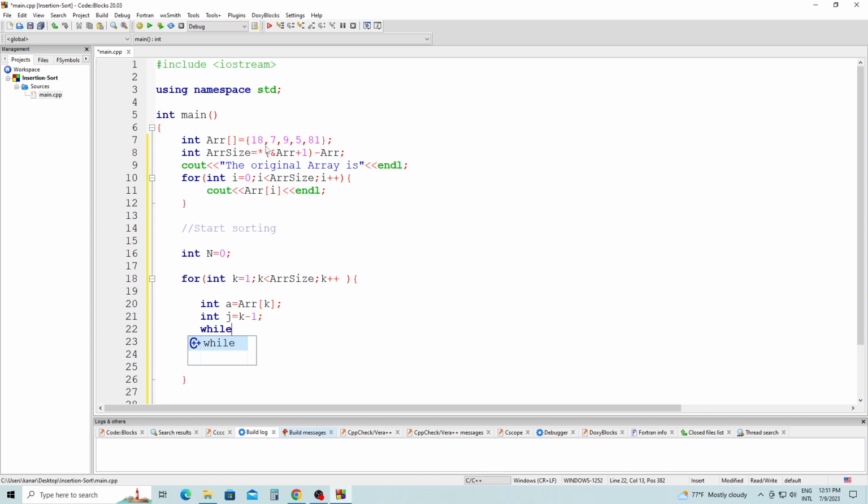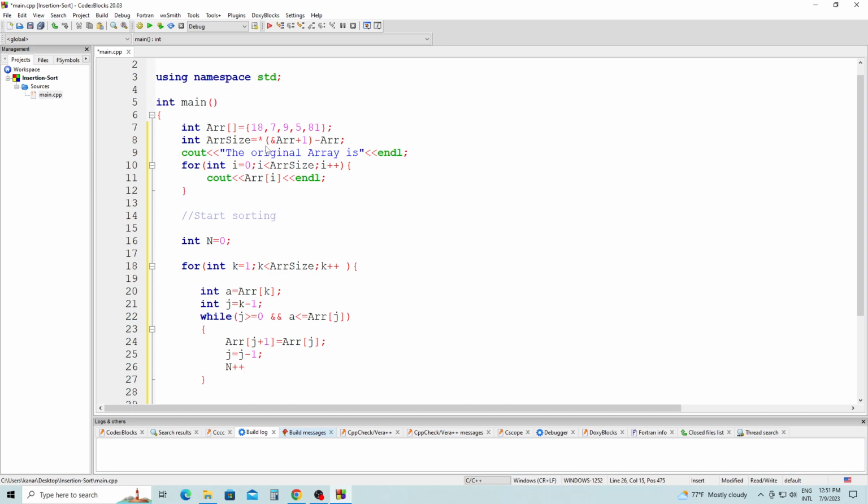While j is greater or equal to 0 and a is less than or equal to array at j, array at j plus 1 is equal to array at j, semicolon, j equals j minus 1, semicolon, and right now we have n plus plus, semicolon,